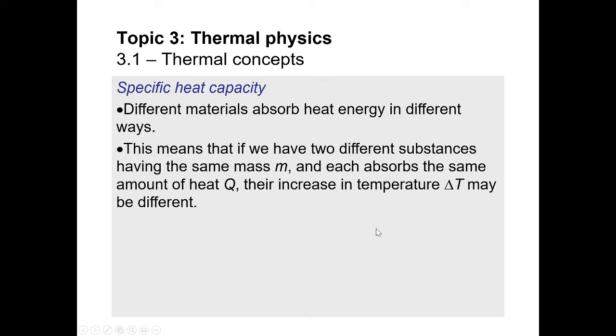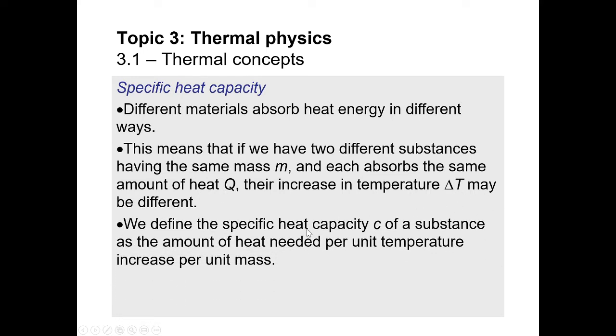But it's not just the density of the material that determines how long it takes to heat up. In fact, sometimes denser materials take less time to heat up. A lot of the time, it just depends on the material and its ability to absorb heat. So what we're going to be looking at is materials that have mass M. They're going to be absorbing heat, symbolized by the capital letter Q, and they're going to change in temperature, delta